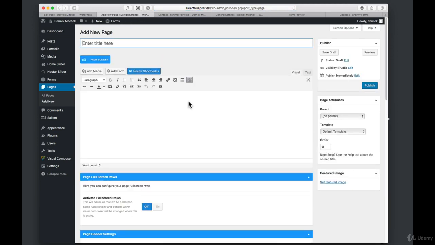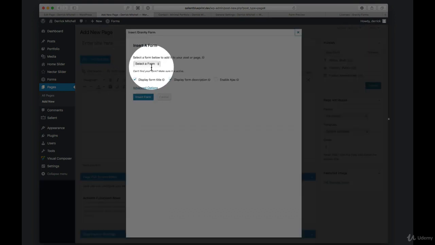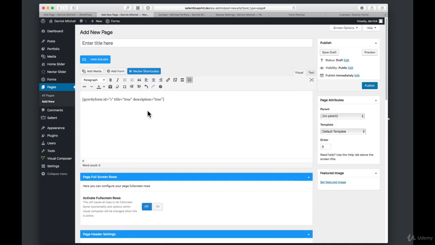And when you have Gravity Forms installed and you're using the regular page builder window here that WordPress has, you should see this Add Form button. So I can click on that, and then from there I can select what form I want to add. And it gives me a few options here as well. I can even add some advanced options, which I don't really ever use, but I'll click Insert Form, and now we see a shortcode just like what we saw with Contact Form 7. So you could use this on any page and in any spot, whether it's the footer or a sidebar or